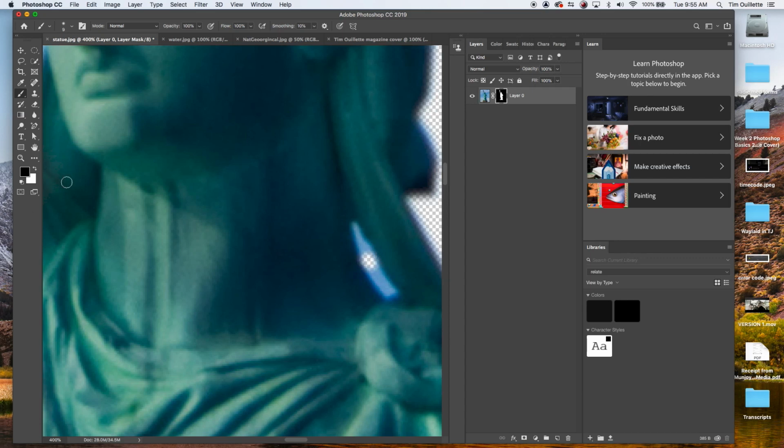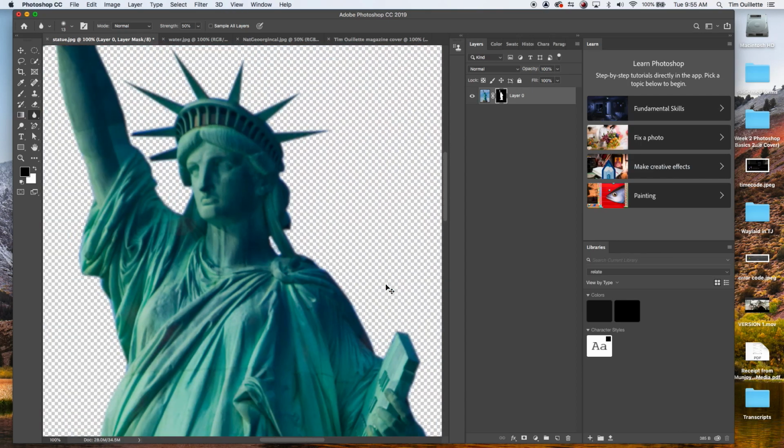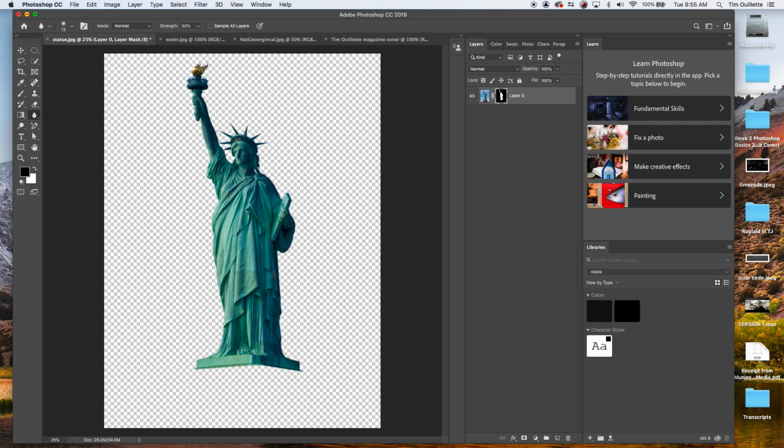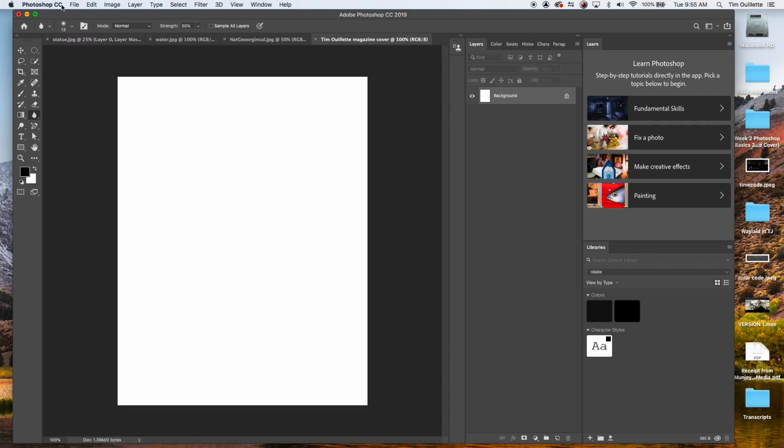Here's another little pro tip. If I hit X on my keyboard, it toggles between the black and white. So I'm going to make that smaller. The other thing I can do is soften my edge with the Blur tool. If I don't like something, I can definitely soften it. Good. All right, once we have the Statue of Liberty there, we're going to transfer it over to that magazine